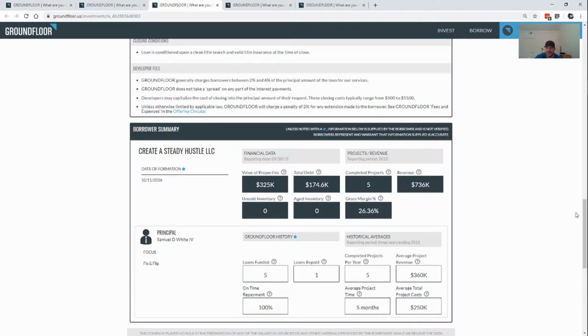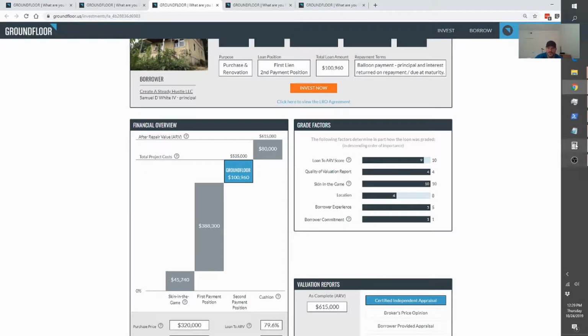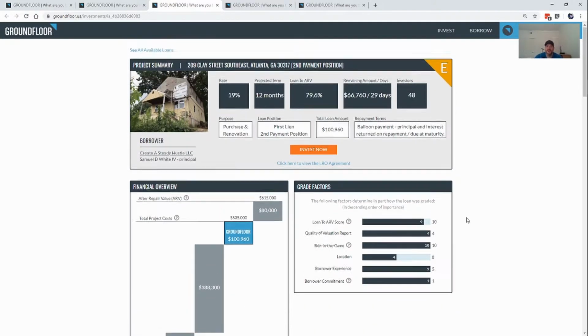So they have some experience, but let's go back up to the loans so we can see this. We did the math, and 80,000 into 615 is 13% cushion. So they have a 13% cushion and they have around a 7% skin in the game. This is super interesting. I don't see E-grade loans. It's nice to see one once in a while. I probably already invested in the...